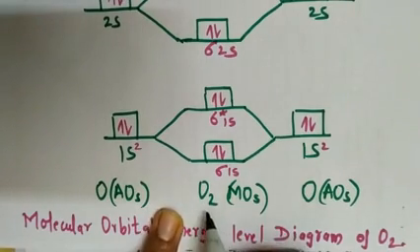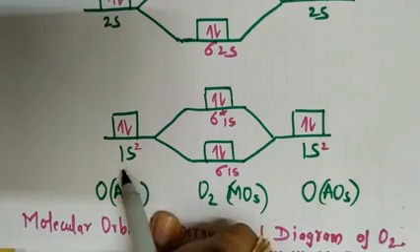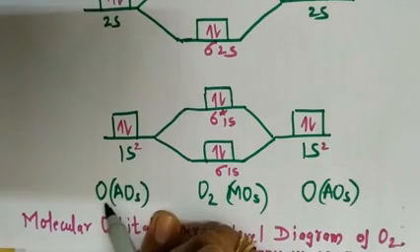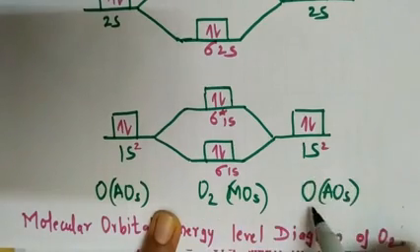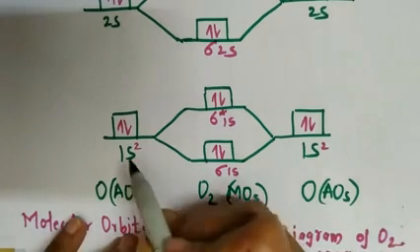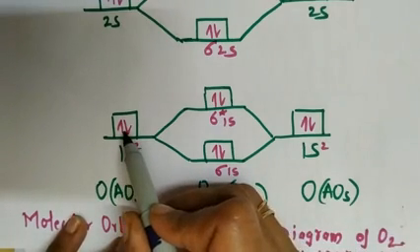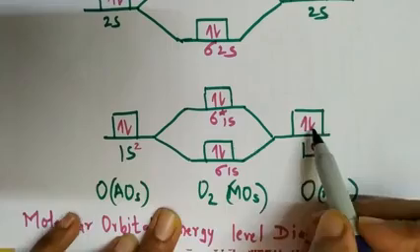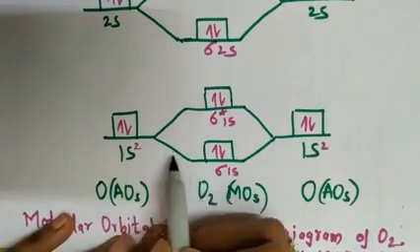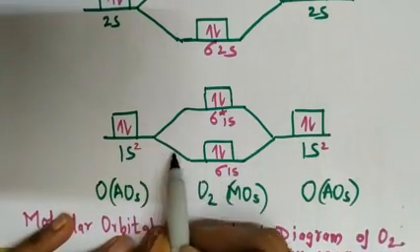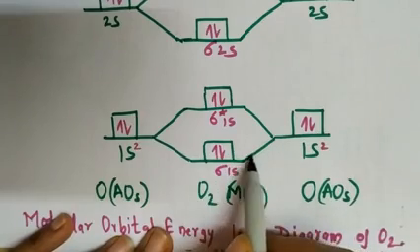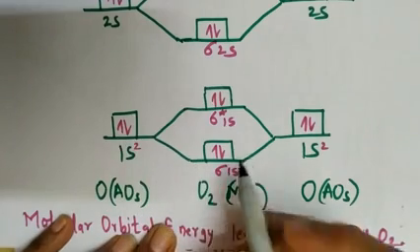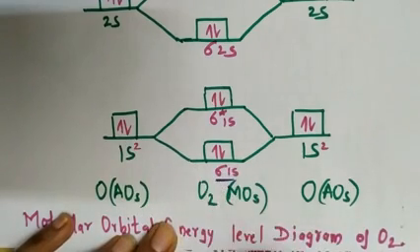They are formed by both oxygen atoms from overlapping of orbitals. First we show 1s2: the 1s2 orbital of one oxygen and the 1s2 orbital of the second oxygen. Two electrons are there, so we put 2 electrons here, and here also 2 electrons. At a particular energy they overlap, so this type of structure is given, meaning the energy will become less, for the sigma bond.